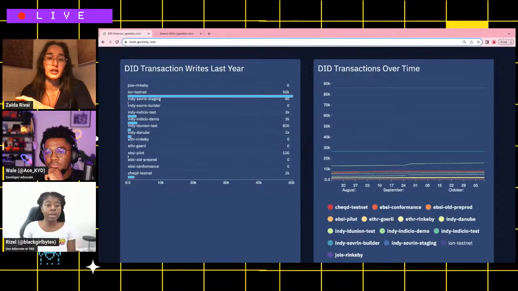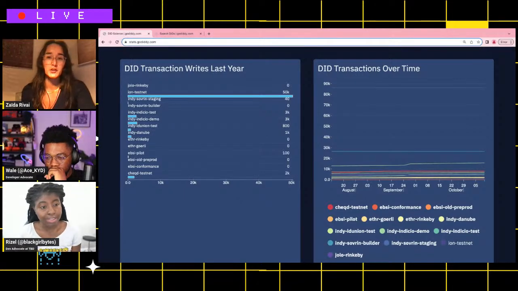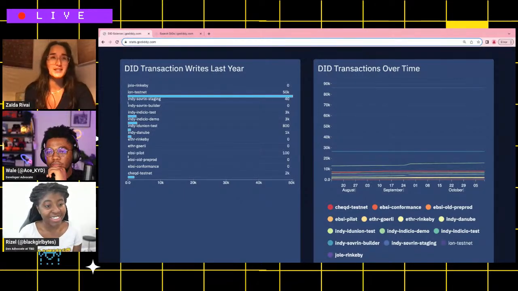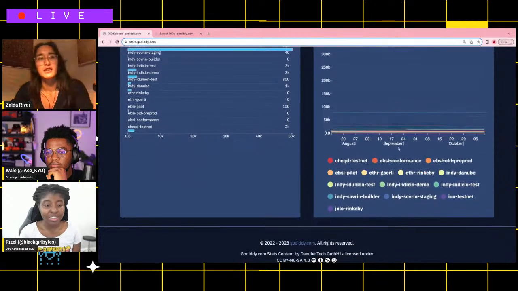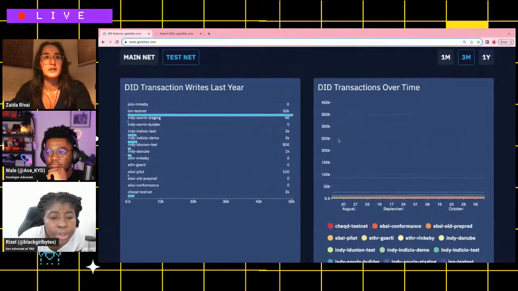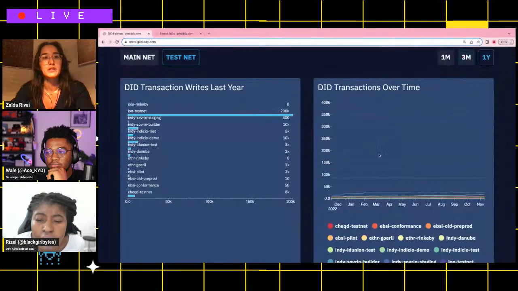As I was mentioning before, there are 180 plus DID methods out there, so we cannot support them all if you are an application provider. As a data scientist, you might want to know, can we find patterns or do predictions for DID usage over time? To answer that question, we can have a look at this line here for the past year, for example, and we see that it's increasing.